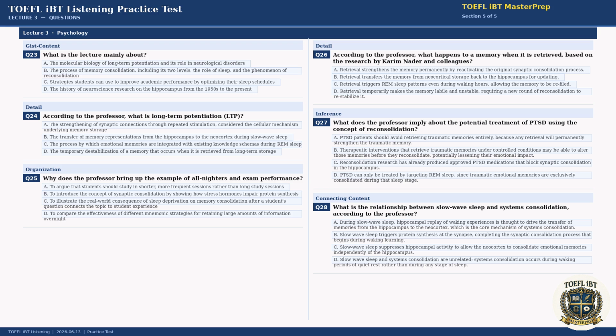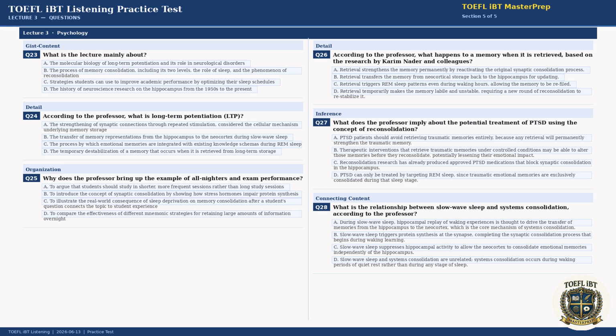One more concept I want to introduce before we move on is reconsolidation. For a long time, scientists believed that once a memory was consolidated, it was stable, locked in, essentially permanent unless a person suffered brain damage. But research in the early 2000s, particularly by Karim Nader and colleagues, demonstrated that retrieving a memory actually makes it temporarily unstable again. After retrieval, the memory must go through a new round of consolidation, called reconsolidation, to be restabilized.